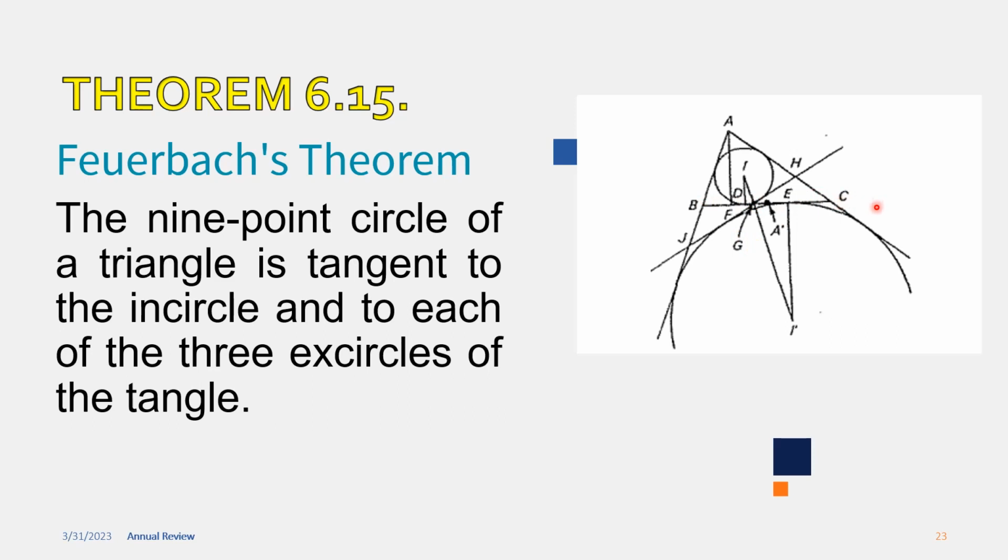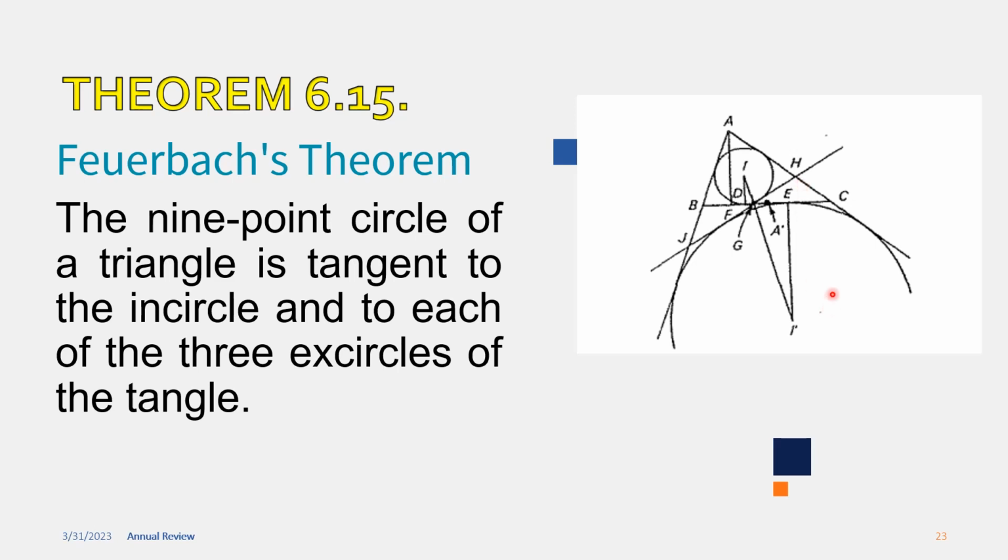So it can be shown that this tangent is parallel to the opposite side of the orthic triangle, so the triangle through the feet of the altitudes. Right here, this line is anti-parallel to BC. This is also shown as two anti-parallel lines make congruent angles with the bisector of the angle between the other two sides of the inscribed